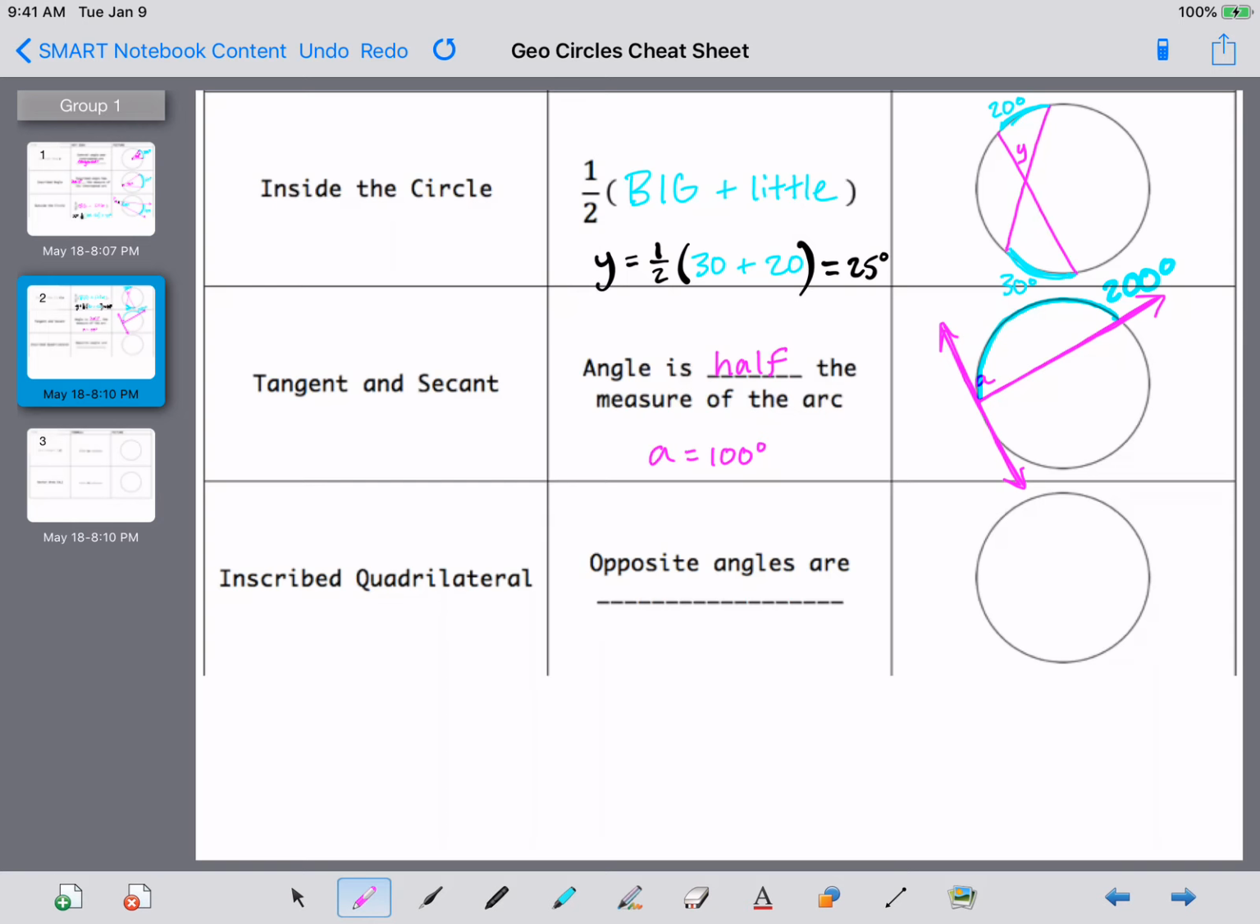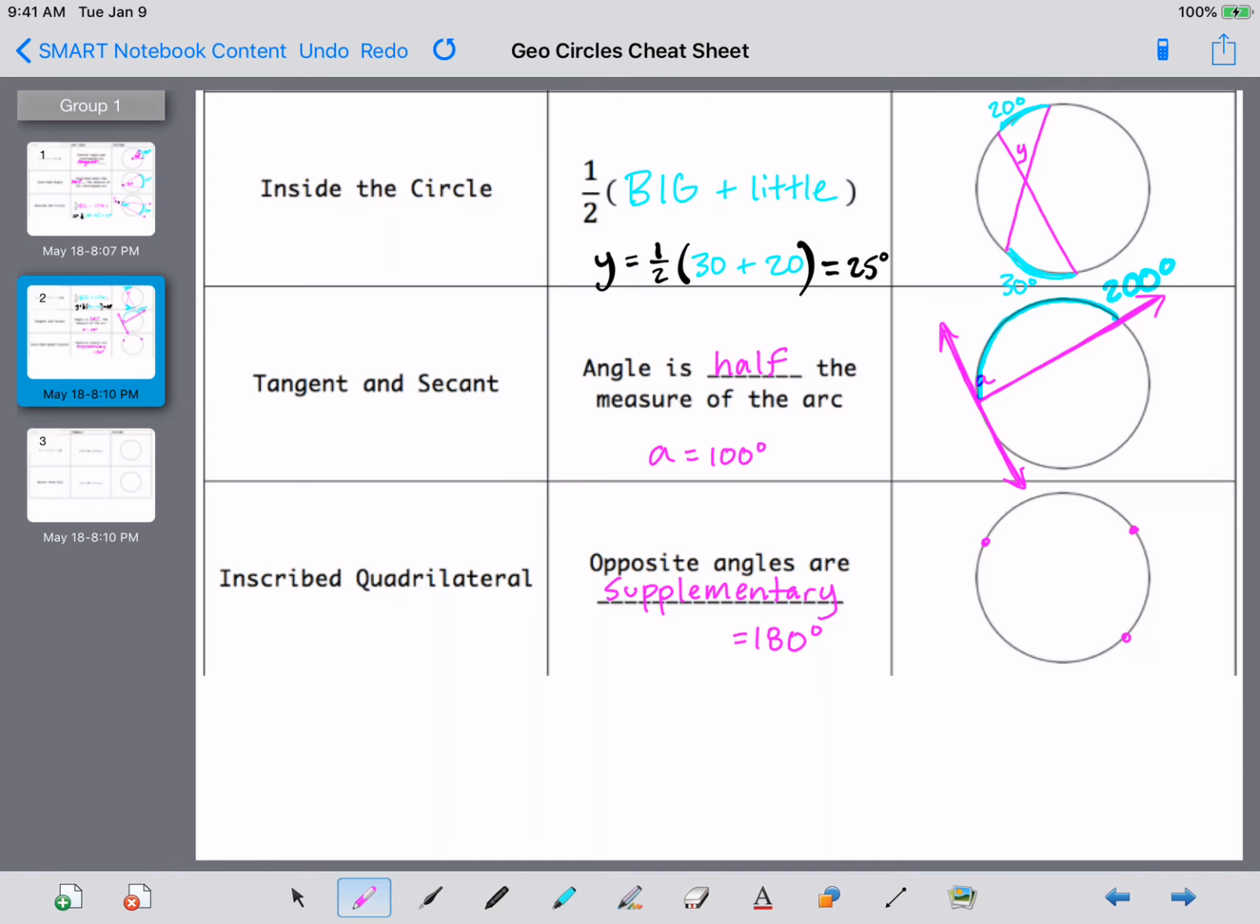All right, let's look at our last idea here on the front. An inscribed quadrilateral gives us opposite angles that are supplementary. And if you need to remind yourself that supplementary equals 180 degrees, go ahead and write that. So for example,